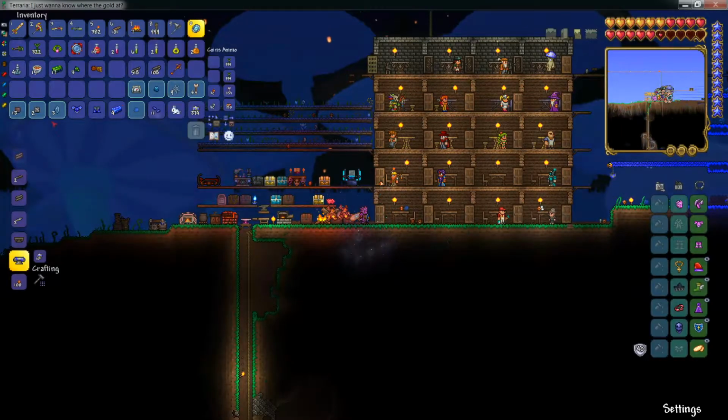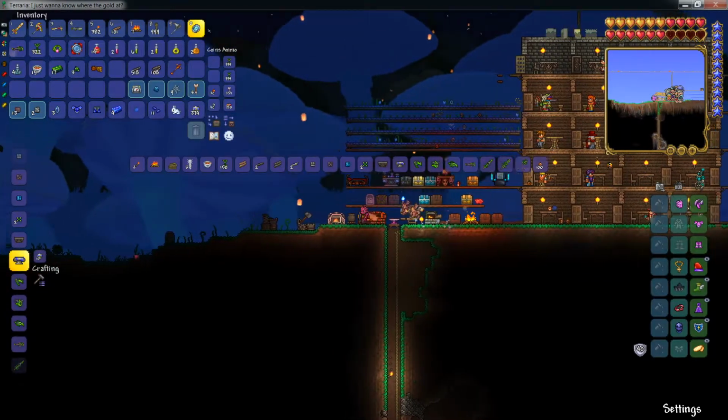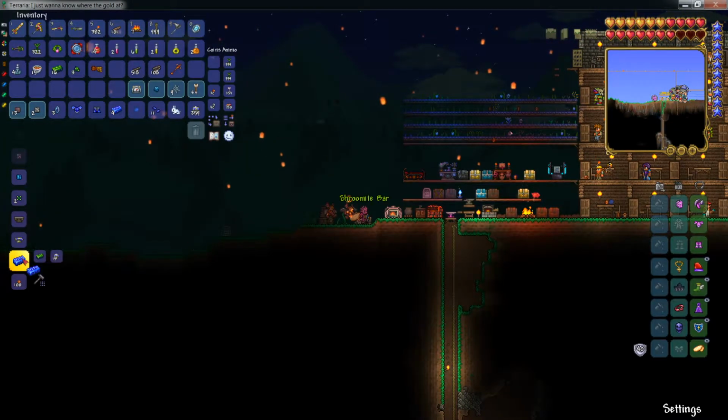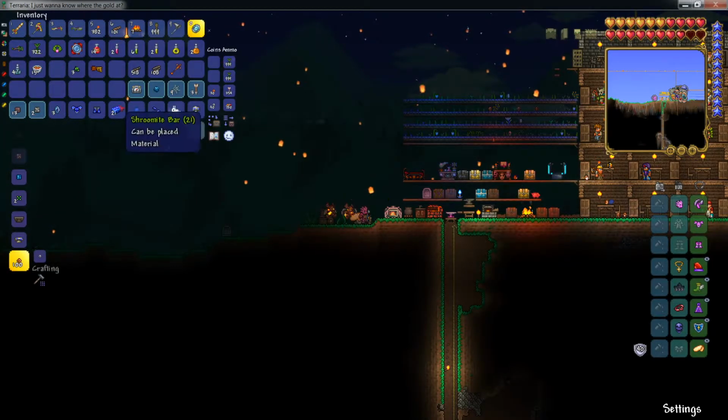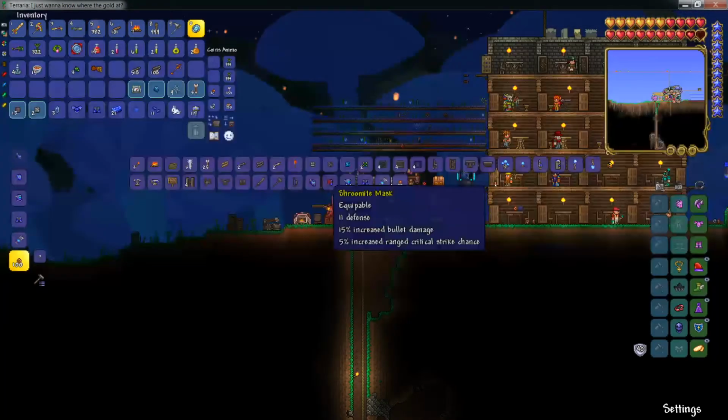We got, what, how many? 374. Alright, that's good. That's a lot of mushrooms. So we can make them into shroomite bars. So we do need to make a whole bunch of them. We need like 40 extra. So if we could make the helmet,